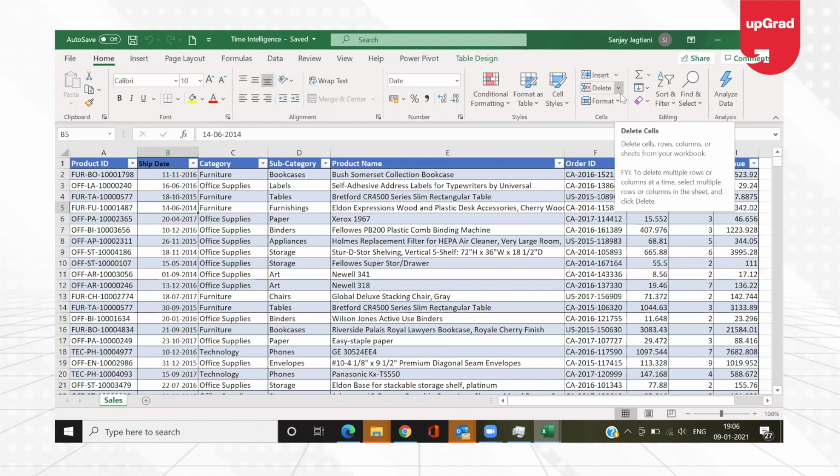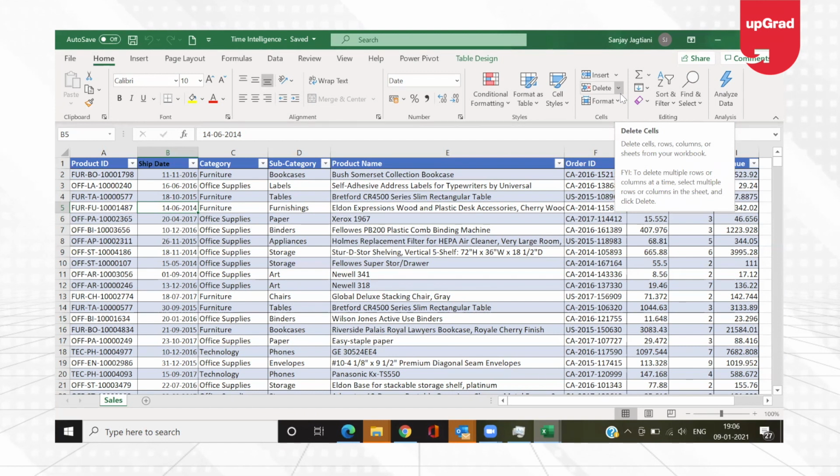It can perform calculations with regards to the year to date, month to date, and any other information related to the date can be done through time intelligence. But as with any other DAX function that you perform, you need to normalize your data, which means you need to order your data in such a way that you can perform the calculations properly.